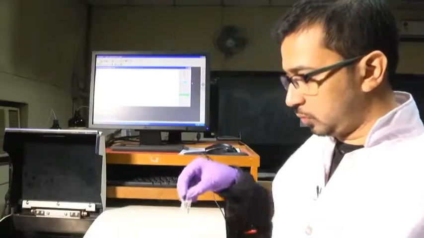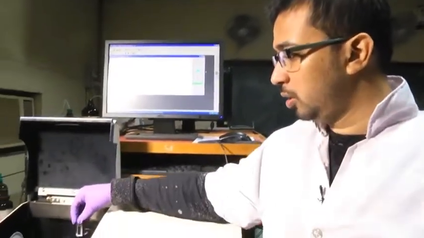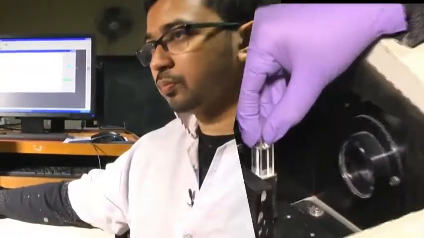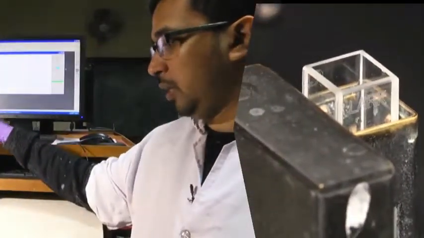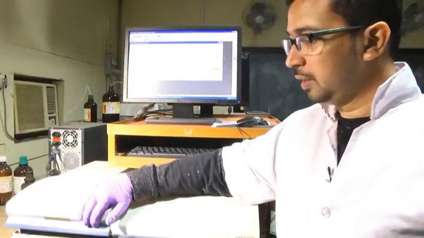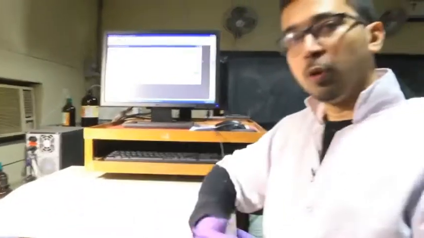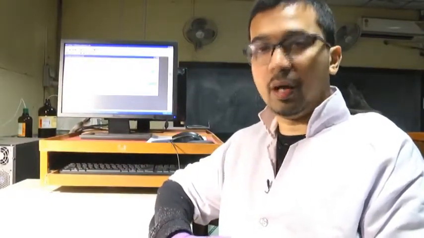Okay. So, I am transferring this again to this cuvette compartment. Now, I am closing this lid and we will proceed with the experiment and see how the fluorescence spectra of HSA changes upon adding a small amount of guanidine hydrochloride.